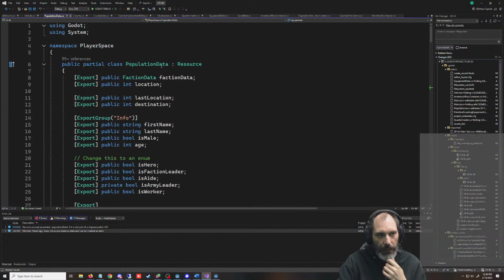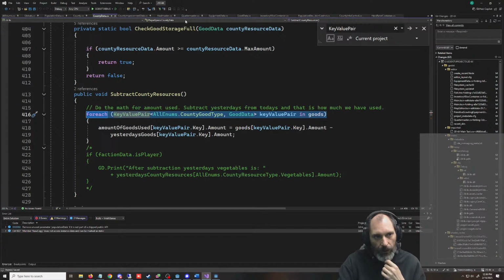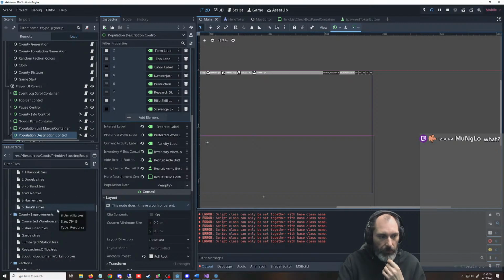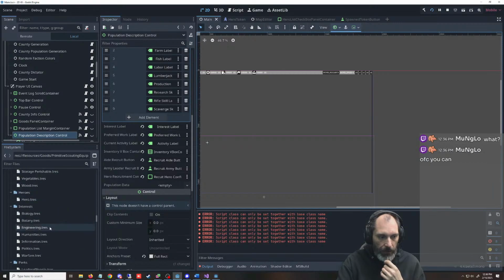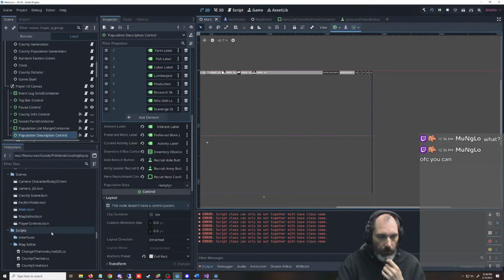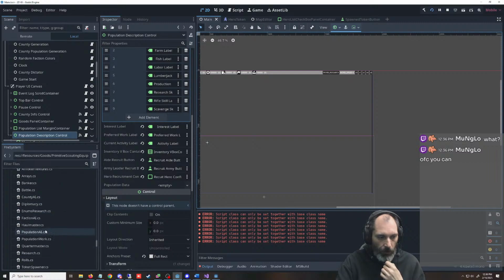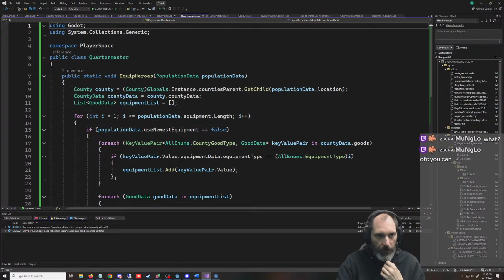And so someone was suggesting that in C# you can't use public classes. They were saying, no, you can't do that. So not resources, but I have a bunch of public classes. And I don't think that's true. They were saying that was the problem, why I was getting those. So if I went to a public class, let's not use the enums one because that one's special. Let's use one that's actually used here, the quartermaster we just created.